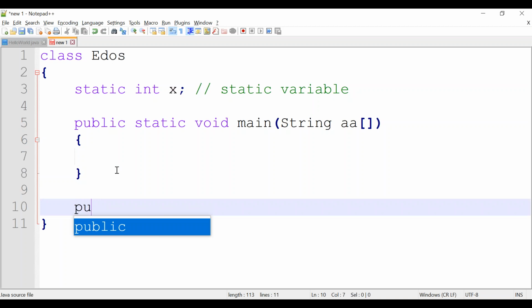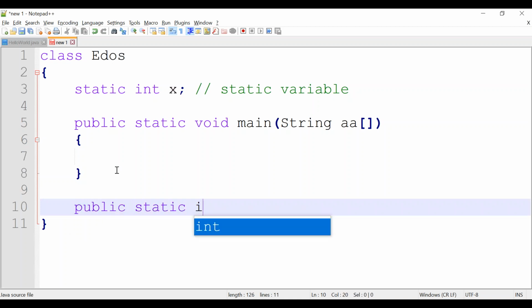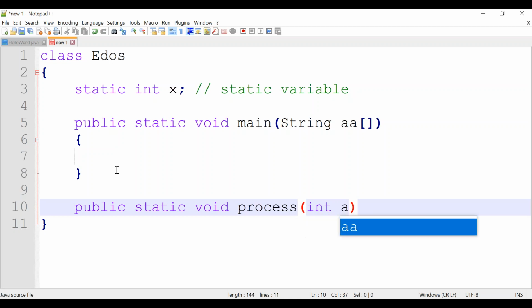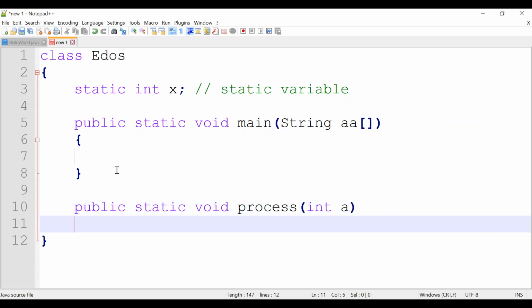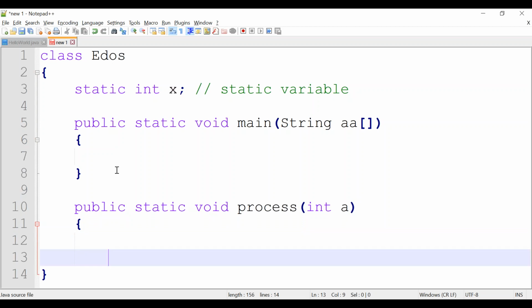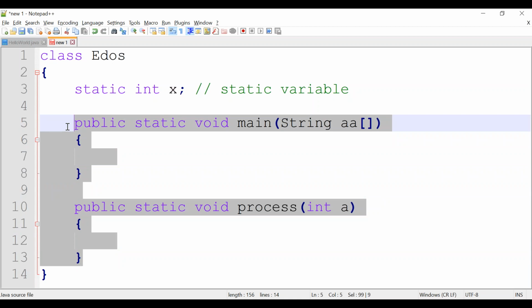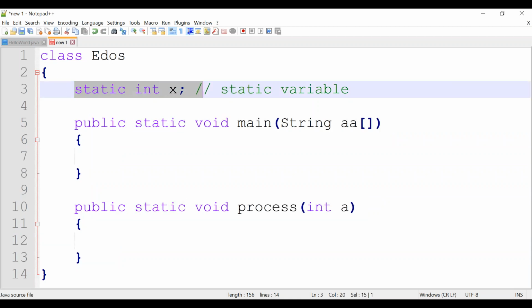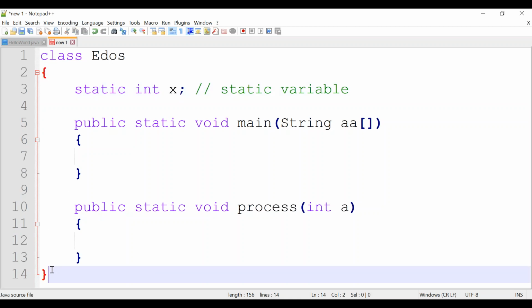There can be one more method also: public static void process, which takes only one argument, an int. Here there are two methods, but we have declared only one variable. This x variable is not declared inside any method, but inside the class.